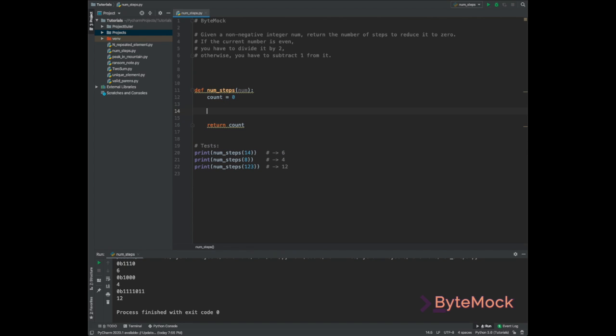So now we have to fill out the loop and follow each of the steps as we go. Our condition is going to be while our num is not equal to 0, because when it is 0, we're done and we can return our count. So while it's not equal to 0, our first condition is that when the number is even, we want to divide it by 2. So if our num mod 2 is 0, then num is going to be the floor division